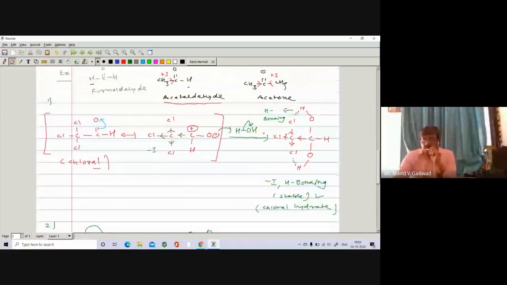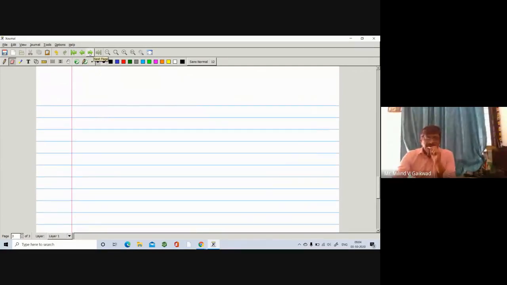One more point, we have chloral can form a hydrate because chloral will undergo hydration. There's a formation of chloral hydrate, and this chloral hydrate is further stabilized by again intramolecular hydrogen bonding, right? In chloral you are having three strong electron withdrawing groups which exhibit a minus I effect. So it destabilizes the carbon, the intensity of positive charge is more. That's why it can attack this water very easily. So that's why you are having such type of hydrate formation. So here you have seen the attack of water, that is hydration.